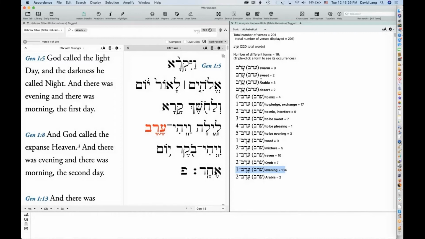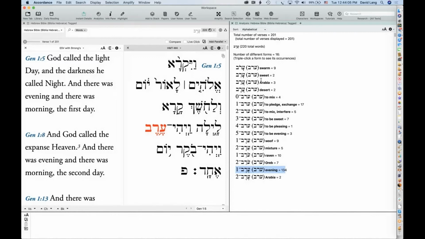It's hard enough to learn Hebrew, and it's hard enough to begin using the computer-aided tools that we can use, to foist trying to keep vowel points straight on a beginning student, or even, frankly, somebody with experience like myself. I don't always care about the vowel points when I paste something in. I just want to do a quick search, and then I can zoom in on whatever it is that I'm interested in. So we ignore the vowel points by default.